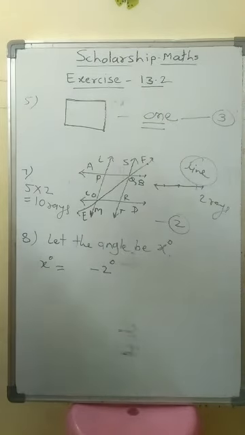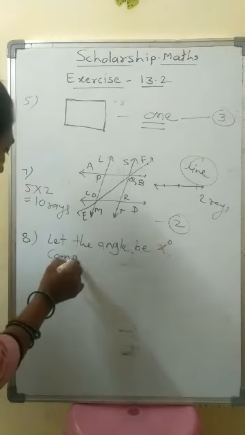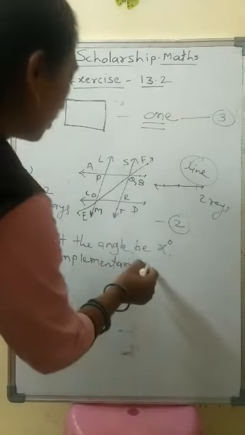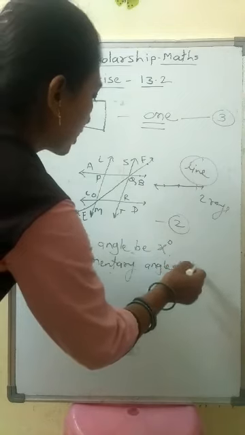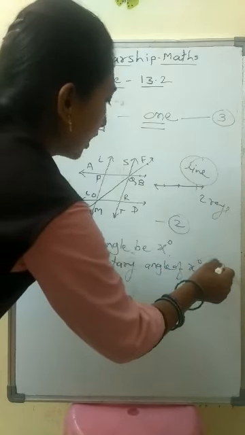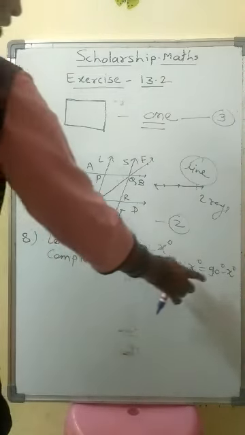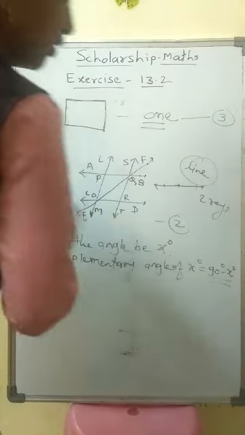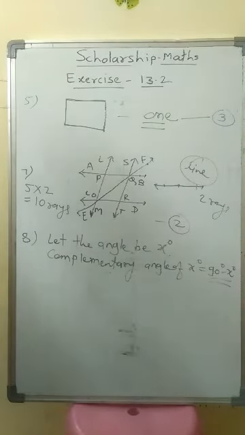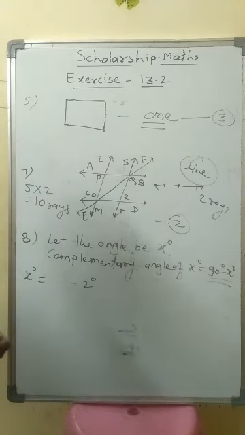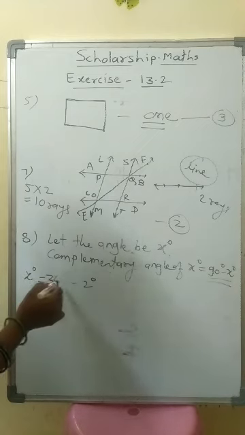So first of all we remove this from the board. Find first of all the complementary angle. What is the complementary angle? We already saw in our introduction also. The complementary angle of x degree is obtained by subtracting it from 90 degree. The angle whose complementary angle you are finding, subtract it from 90 degree, and you get the complementary angle of the given angle. Okay, and now the measure of that angle is 2 degree less than thrice its complementary angle, 90 degree minus x degree.